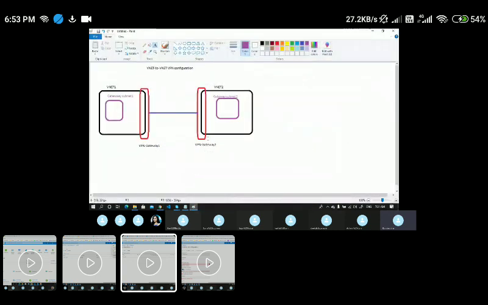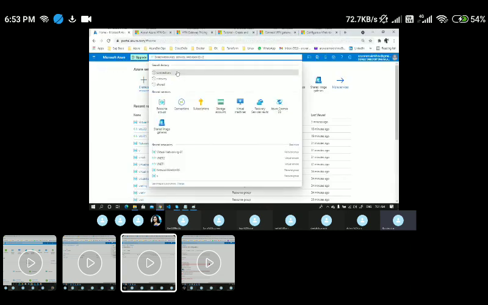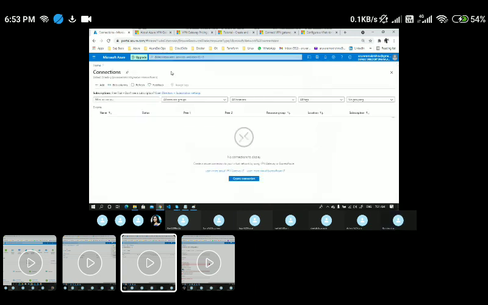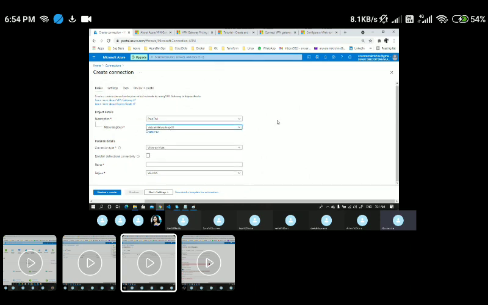So coming back here, what I did is I created a VPN gateway 1 and attached it to the VNet 1, and created a VPN gateway 2, attached it to the VNet 2. So once I'm done with these two, I can simply go back to the connections here on the top once again. Let's click on connections, and here I can just create a connection. So when I click on create a connection, here you could see I can choose any one of the resource groups. Let's go ahead and choose the same resource group, and here you need to choose the connection type.